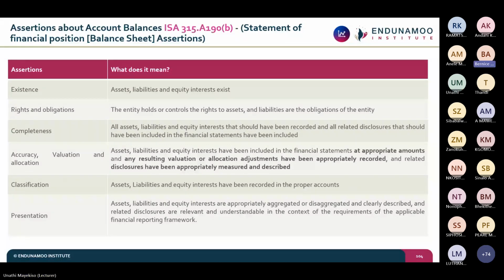Classification, that your assets, liabilities, and equity are correctly classified. That also speaks to your current versus non-current, because that's also an element of classification. And then presentation, again, in terms of the standards, are you presenting your stuff in accordance with what is in the standards? Any questions on the assertions? Okay, let's do a quick